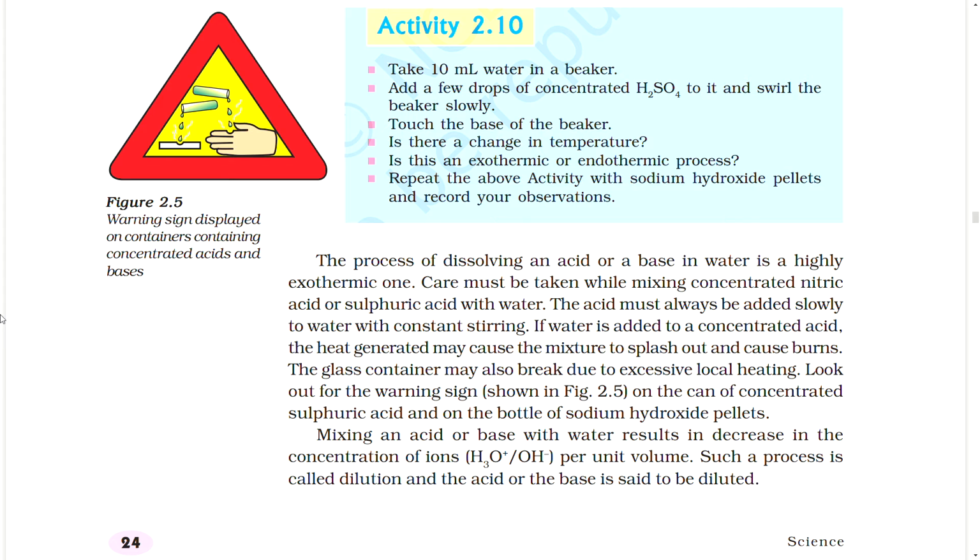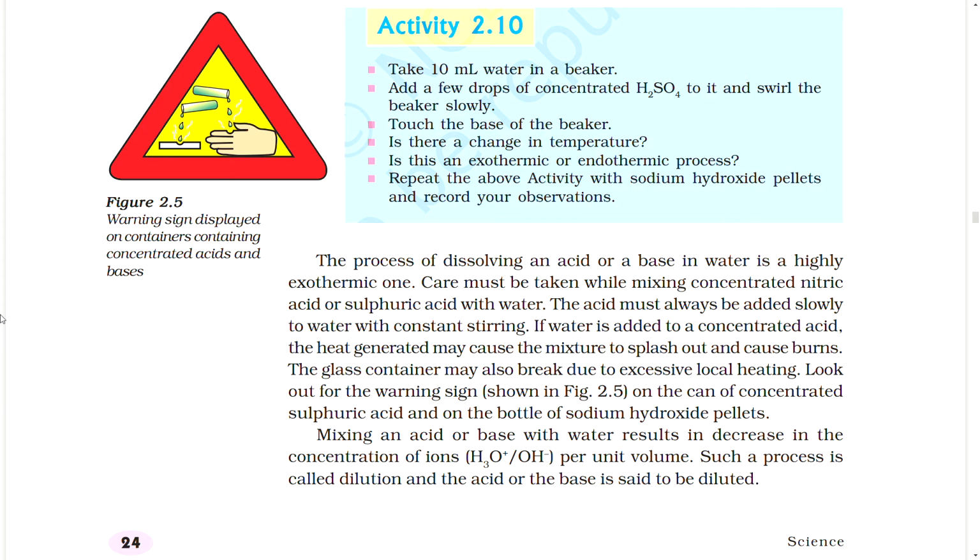If water is added to a concentrated acid, the heat generated may cause the mixture to splash out and cause burns. The glass containers may also break due to excessive local heating. Look out for the warning sign shown in the figure on the can of concentrated sulfuric acid and on the bottle